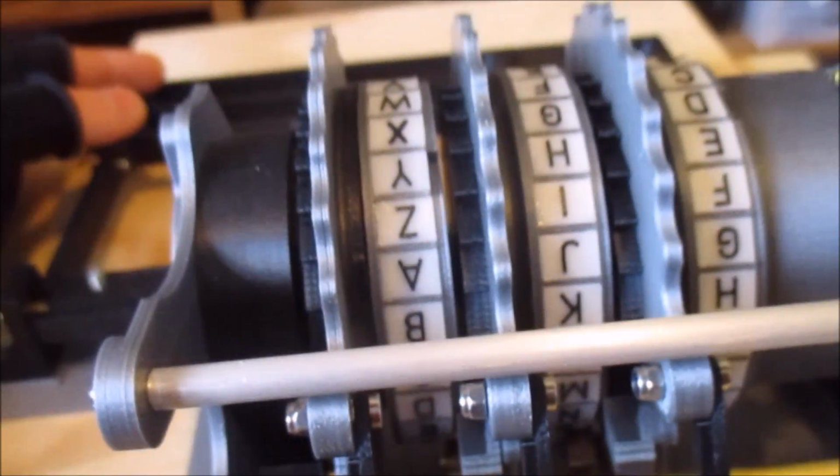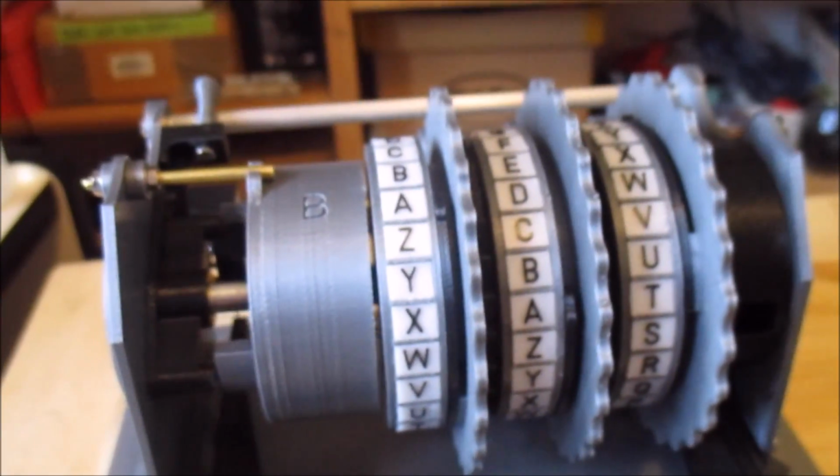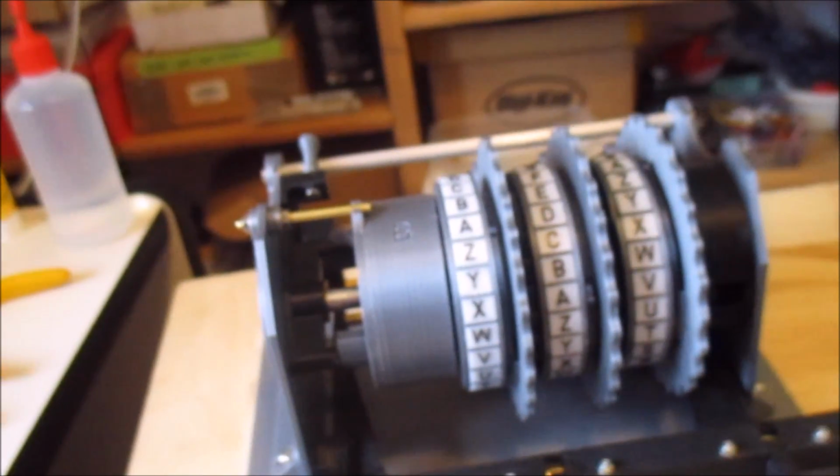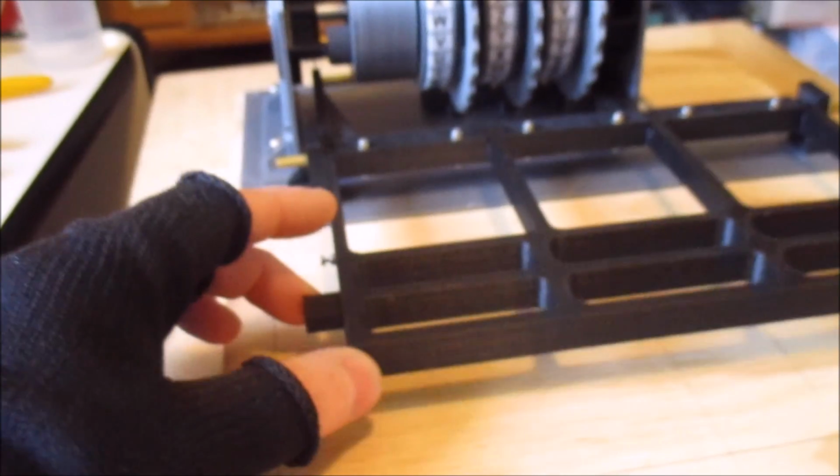So yeah, that's kind of how it's working at the moment. This is enough to show me that the basic mechanism is going to work. What I need to do now is actually start building the keyboard part. So the keys